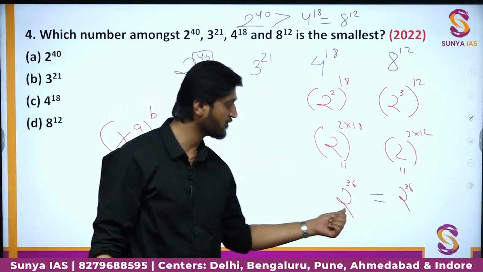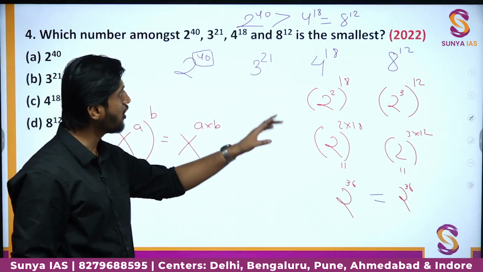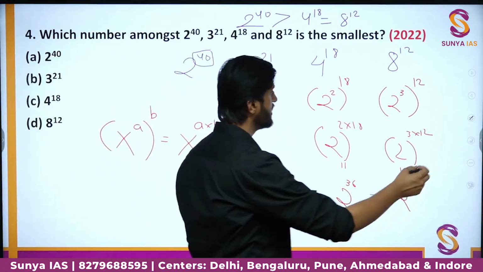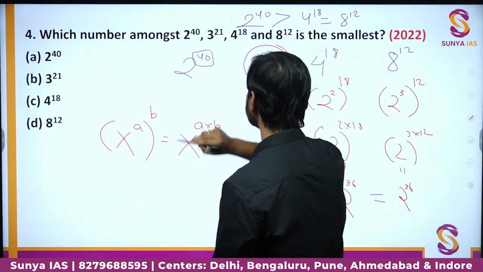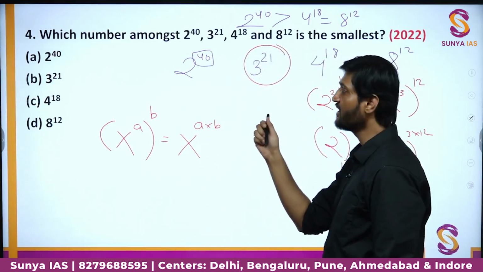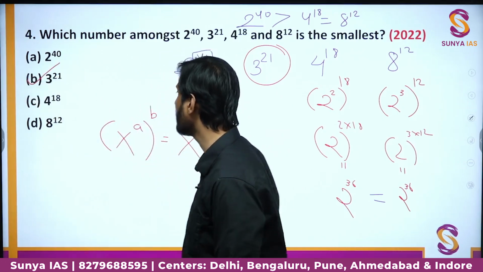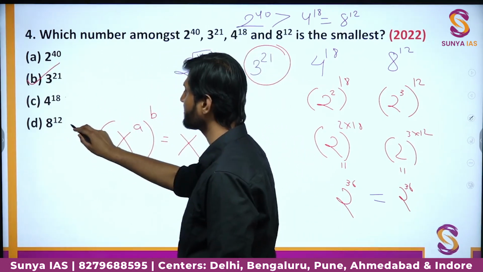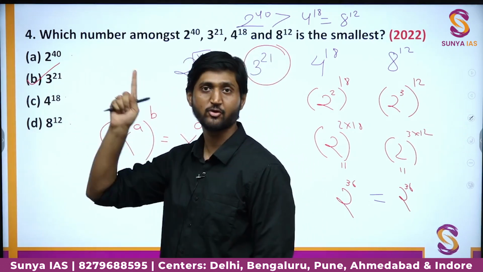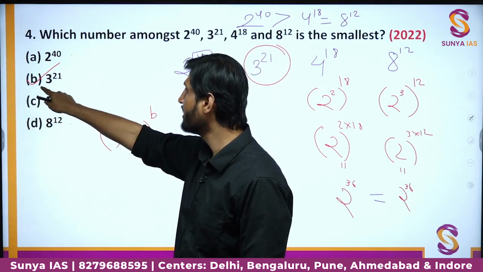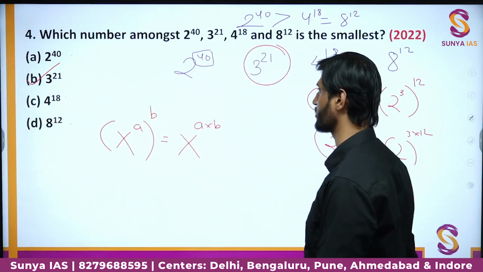So, both of them cannot be the right answer, both of them cannot be the smallest. So, obviously, the thing which is left is going to be the correct answer in this case, and we have 3 to the power of 21, that is this number will be the smallest among all. Why? Because both of these cannot be smallest, and obviously this is the largest. So, you cannot have two correct options. Now, you have only one correct option. So, what is left? 3 to the power of 21 is left. So, that is the correct answer in this particular question.